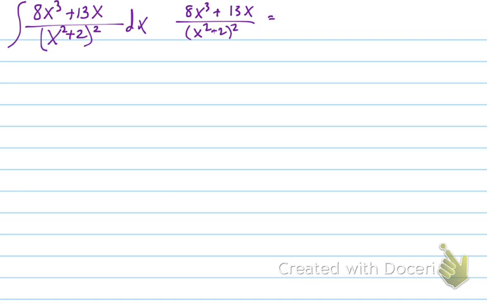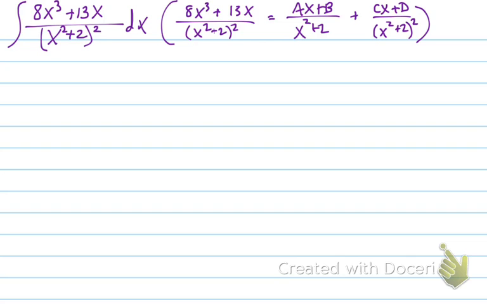So when I break that up into partial fractions, I get ax plus b divided by x squared plus 2. And then I have to account for the second linear factor as well. So cx plus d divided by x squared plus 2 squared. So the first thing first is I want to solve for my basic equation. So I'm going to multiply by the least common denominator, which is x squared plus 2 squared. On the left-hand side, it gets rid of the entire denominator, so I'm just left with 8x cubed plus